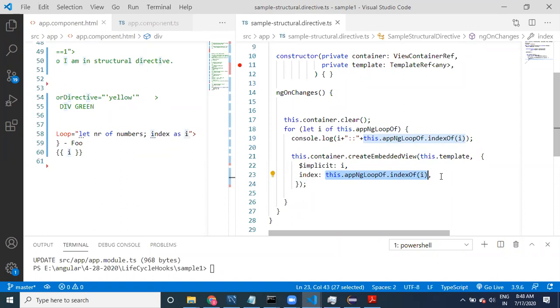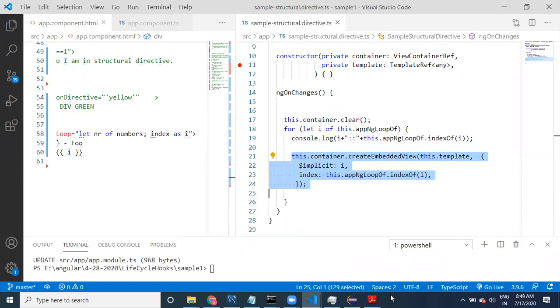Okay, is this fine, guys? Right, we have used it. Now this logic is going to get executed multiple times. Now whatever concept we have discussed, I'm going to create the same kind of directive from scratch in a different program. Let us create one more project for this, and then we start writing it.